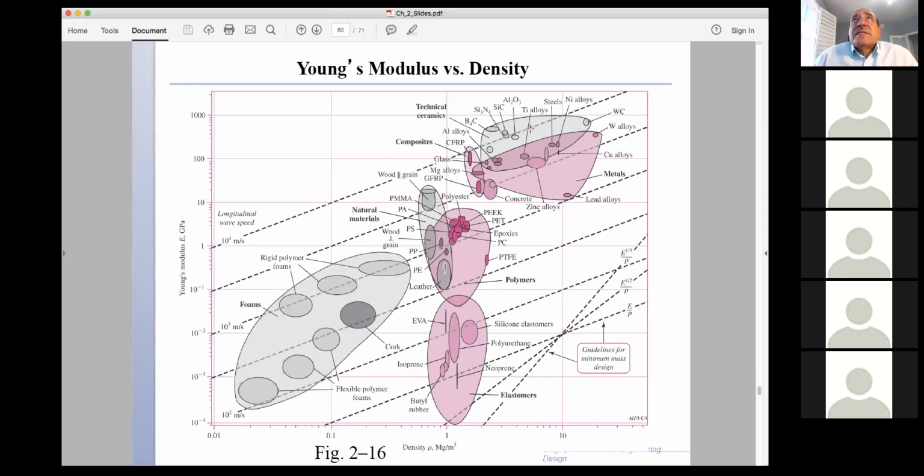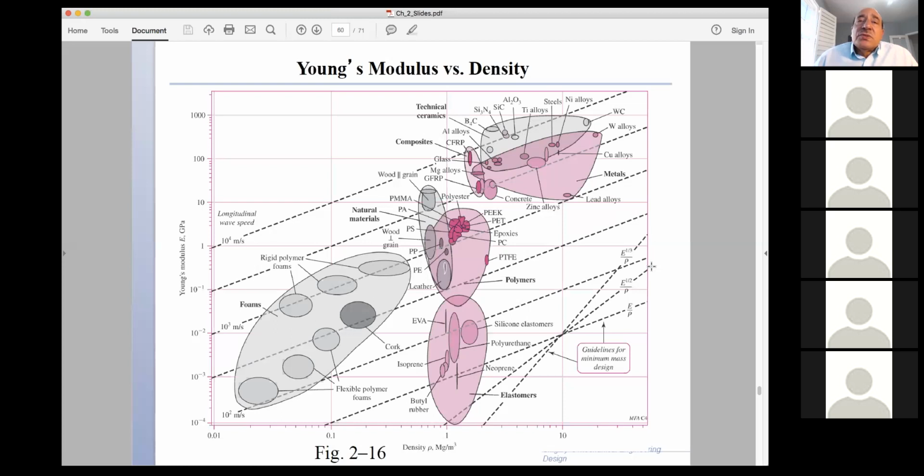The top line goes through some titanium alloy, silicon carbide, silicon nitride, so some ceramics and some metal alloys, and that would be the answer that you're looking for.